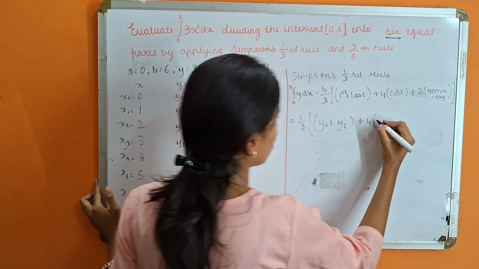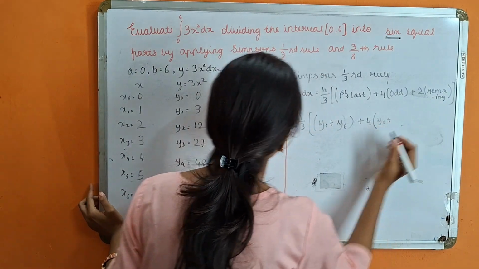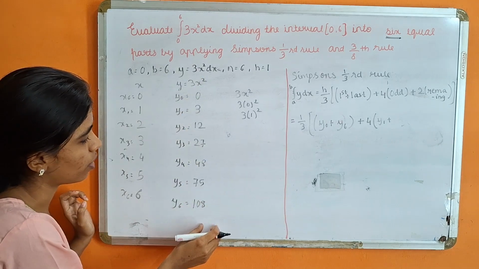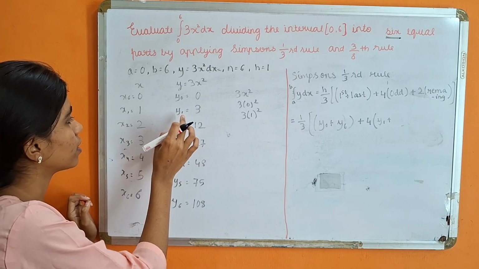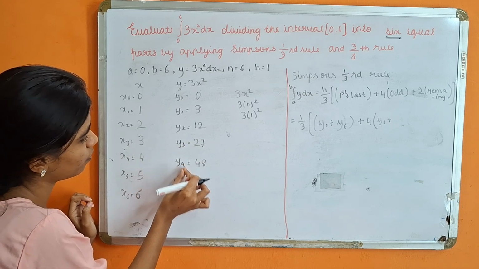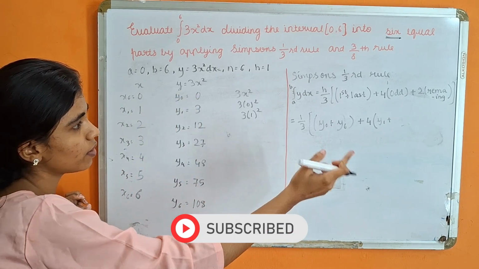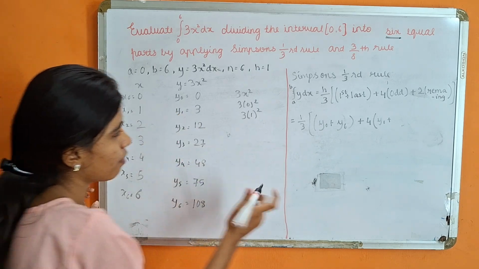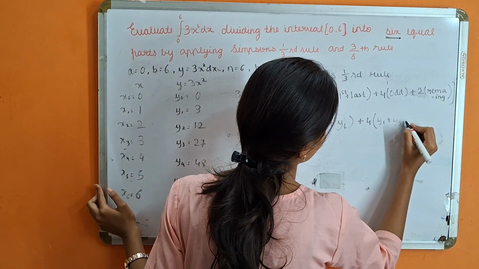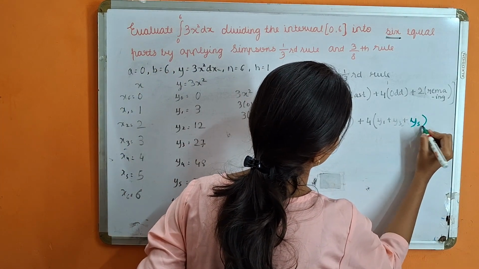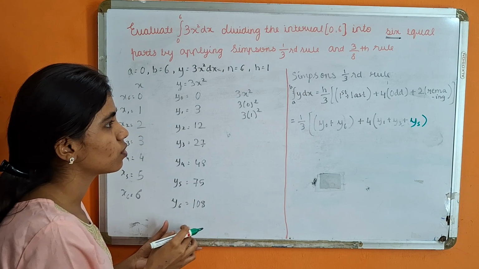We have y1 is odd, plus y3 is odd. See, don't look at these values which are odd. I am talking about this suffix. See, y1, 2, 3, 4, 5, 6. I am talking about these values. First and last I have written here, then which are odd ones, y1, then we have y3 and y5. Okay, so these are the values which are odd.